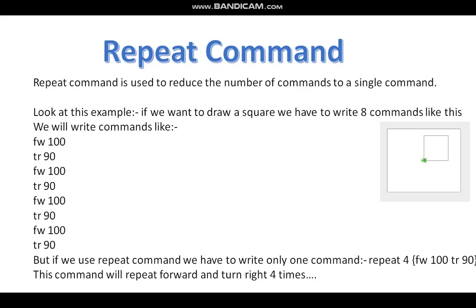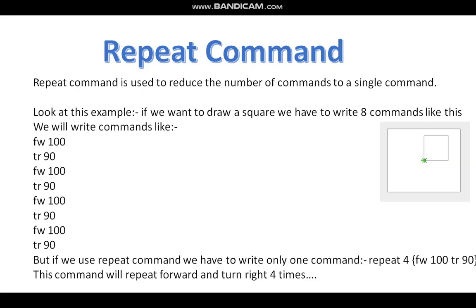In this, first we move the turtle forward 100 steps, then the TR 90 command turns the head of the turtle to the right, then again the forward 100 command is used to move the turtle 100 steps forward, and then again the TR 90 command is used to turn the turtle right by 90.